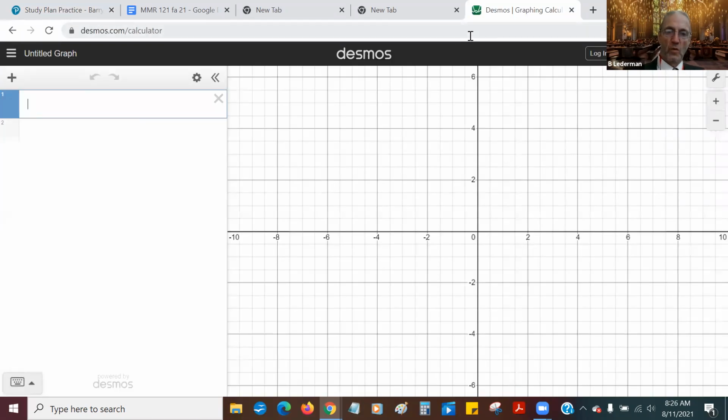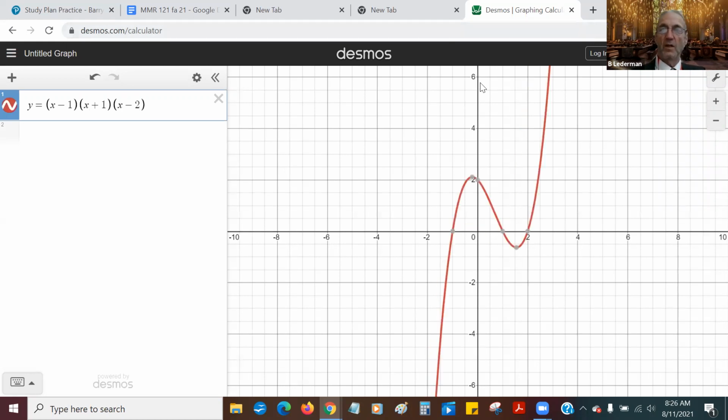Let's see, y equals, I don't know, I'm going to do it this way. This is what I want: x minus 1 times x plus 1, x plus 1, and x minus 2. Okay, so right around here, right around that point right there,